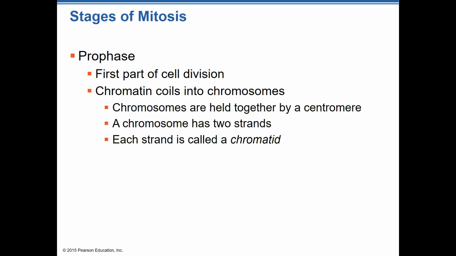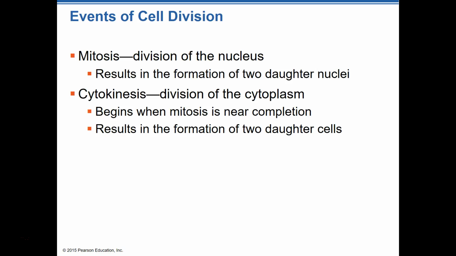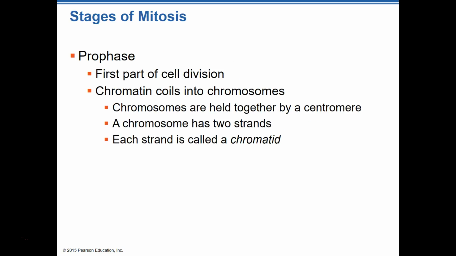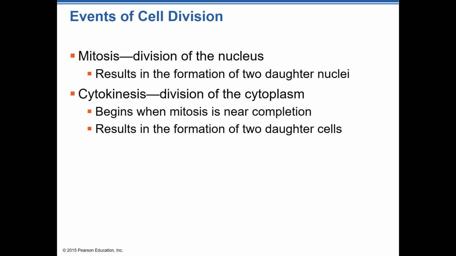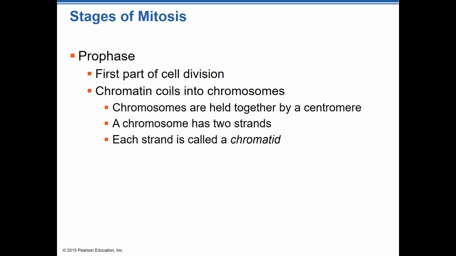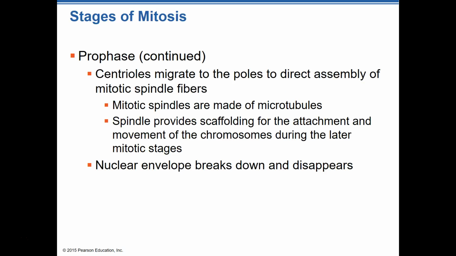Mitosis actually has some phases of its own. So the division of the nucleus goes through its own set of phases. It's got the prophase where the chromatin coils into chromosomes. We talked a little bit about chromosomes. Please don't try to get too crazy about understanding this. Mainly what I want you to understand a little bit about is mitosis and cytokinesis. Don't worry about the details of those two, such as the prophase and all of that.